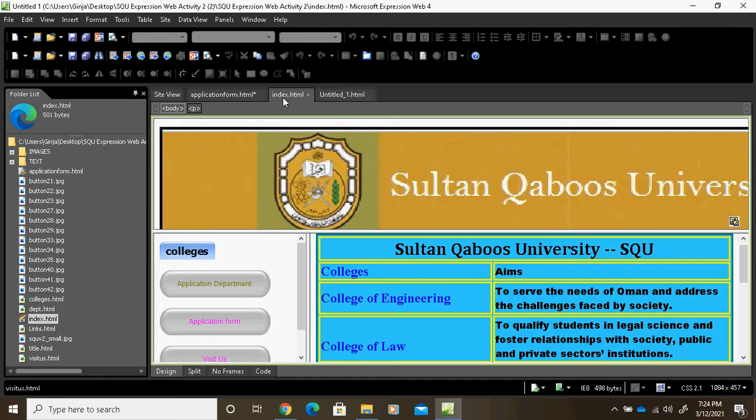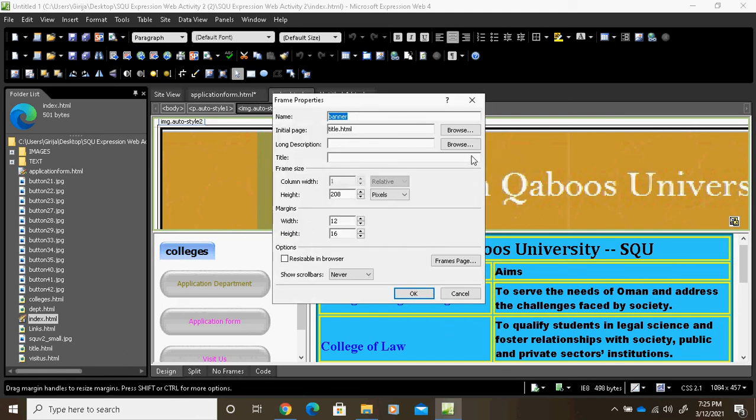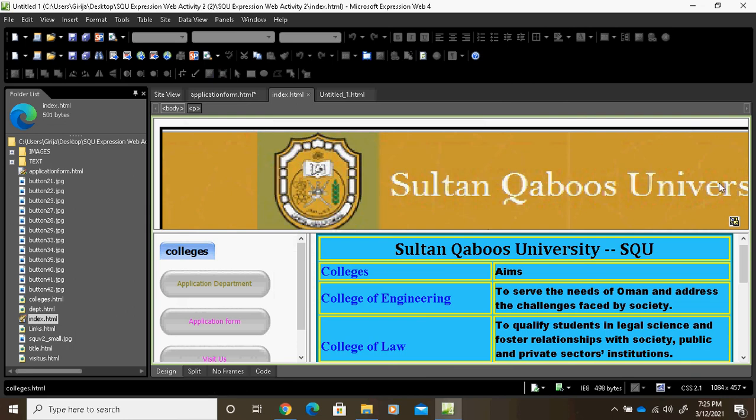Not everywhere is the frame template the same name. Clear or not? This way you can find the different frame names. So we know what a frame template is. We know what frame properties are, what the name of the frame is. In the frame properties we can also find what file is displayed in this particular frame. That also we know. So this is the way we can identify the frame properties.